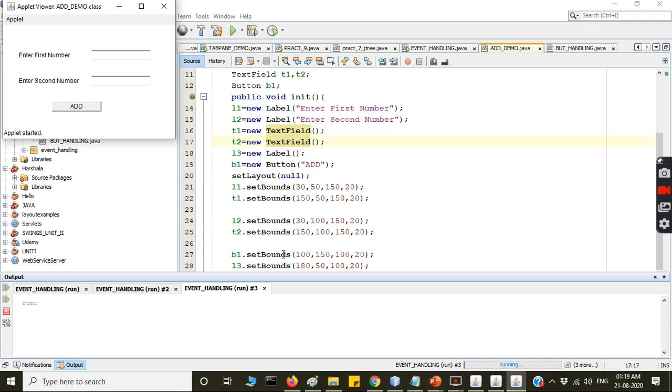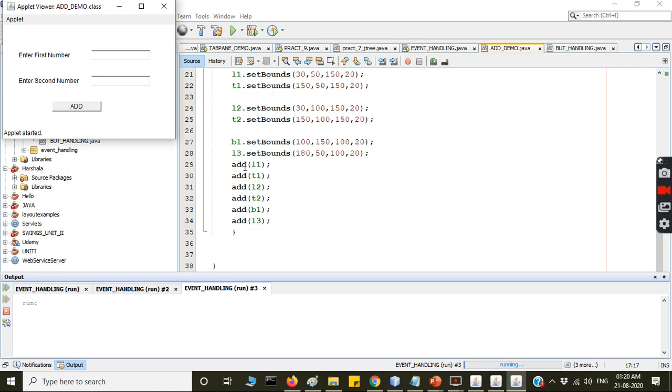Which method are we using? The setBounds method. L1 setBounds 30, 50: 30 means the X difference and 50 means the Y difference, and 150, 20 means the width is 150 and its height is 20. Same thing for T1, L2, T2 and B1, and next we are setting L3, which in this program we are not using.